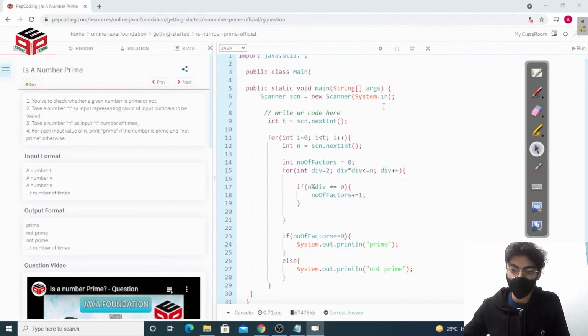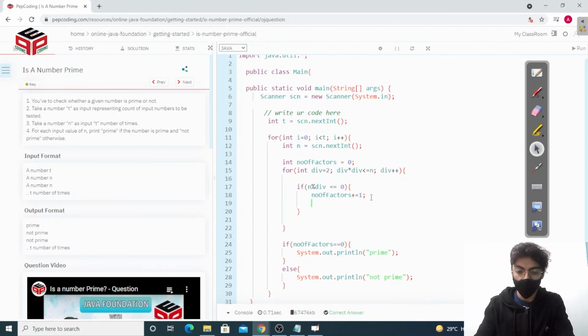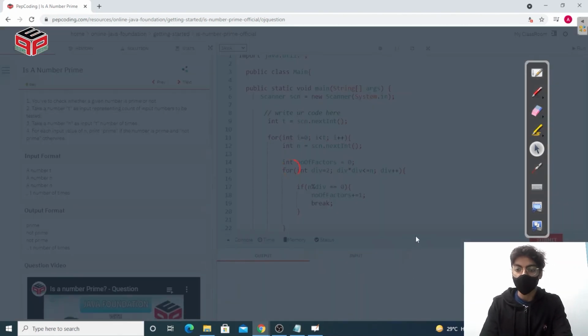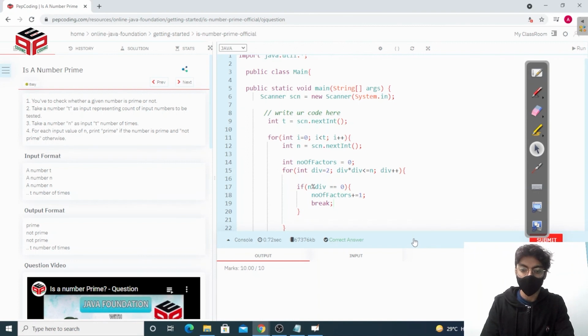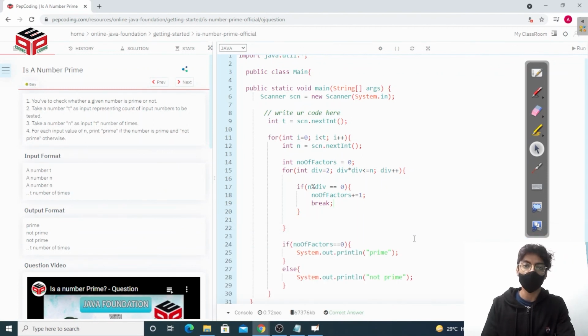So what we have to do is simply, as soon as we find a factor, we break. And on submitting this code, of course this should pass because our previous approach passed as well. On running this code, we'll find out that it's the correct answer too, unless I made a mistake, which I did not. And that's basically an optimized way of finding out if a number is prime or not.